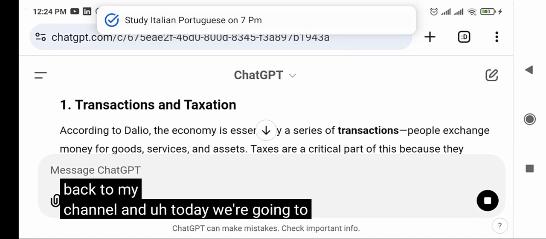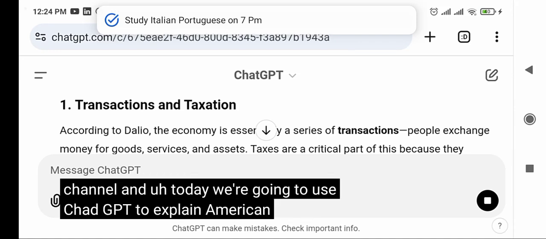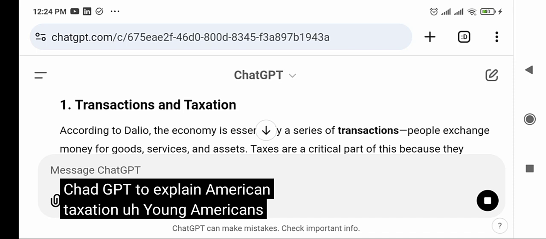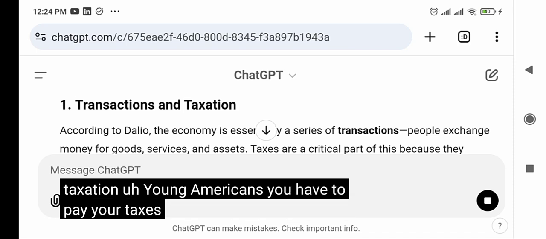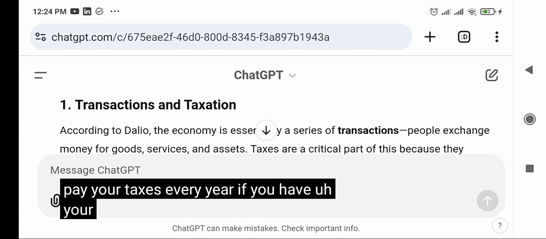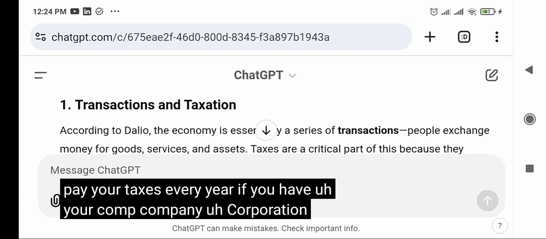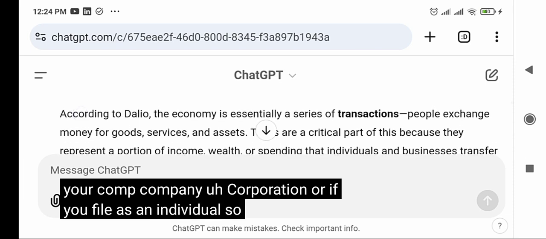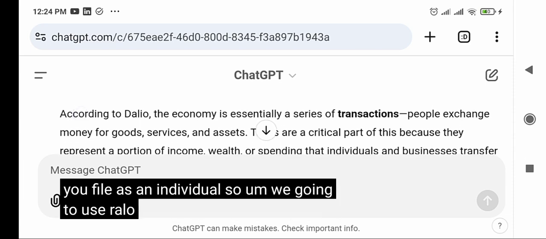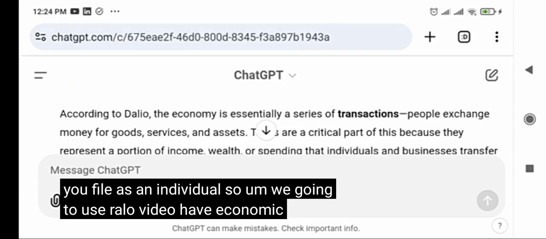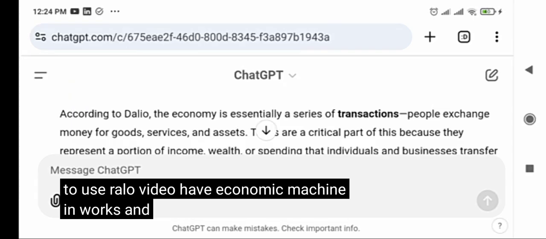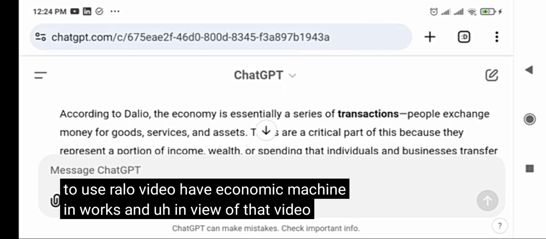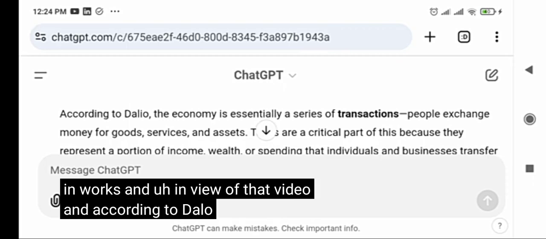We're going to use ChatGPT to explain American taxation. Young Americans, you have to pay your taxes every year, if you have your own company or corporation, or if you file as an individual. So we're going to use Ray Dalio's video "How the Economic Machine Works," and according to Dalio,